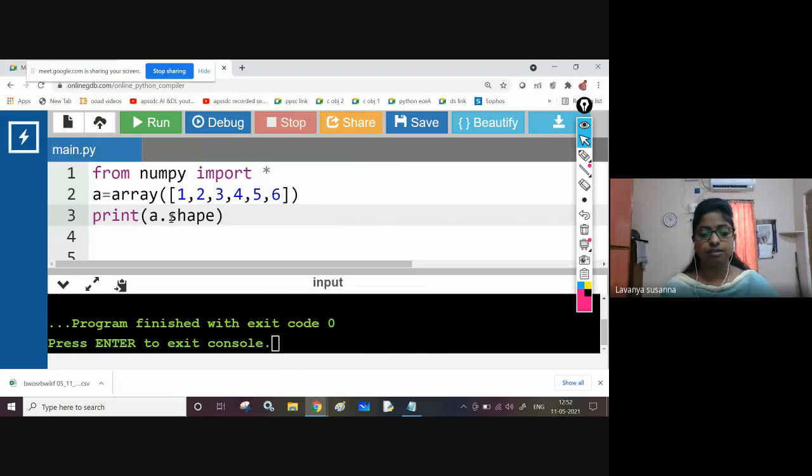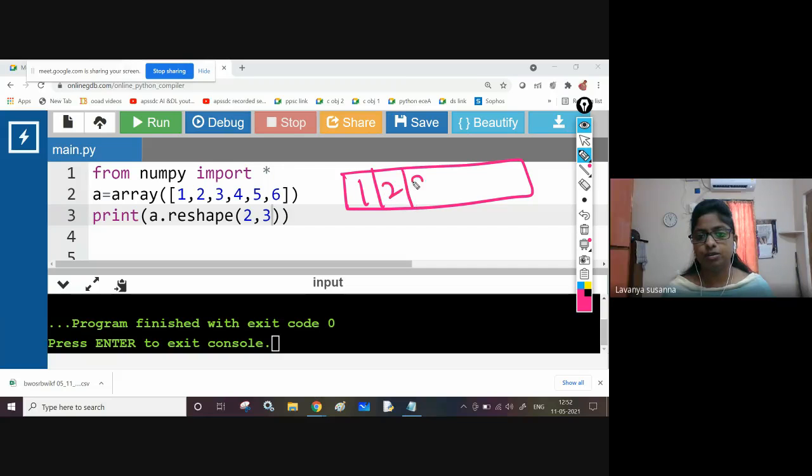A dot reshape of, directly I'm using it in print. Reshape of 2, 3. See, what is the input I have given? This is the array, 1, 2, 3, 4, 5, 6.